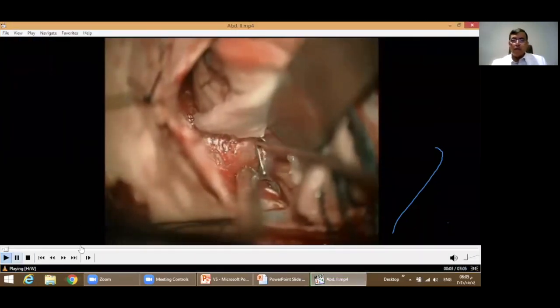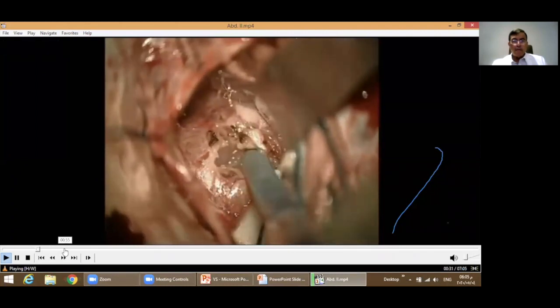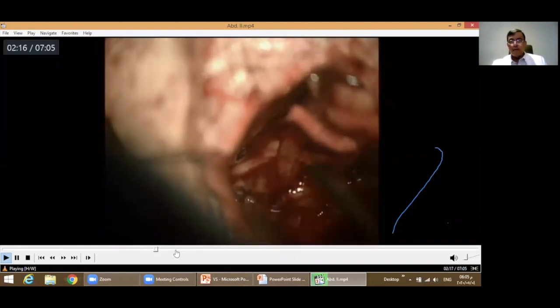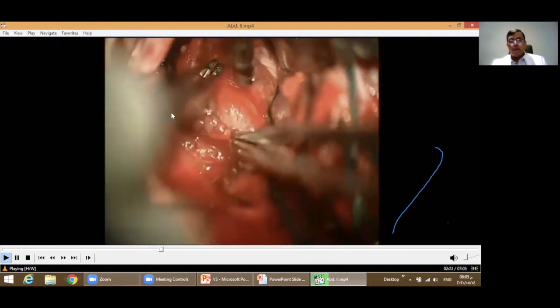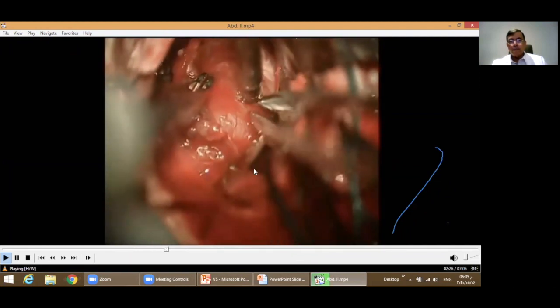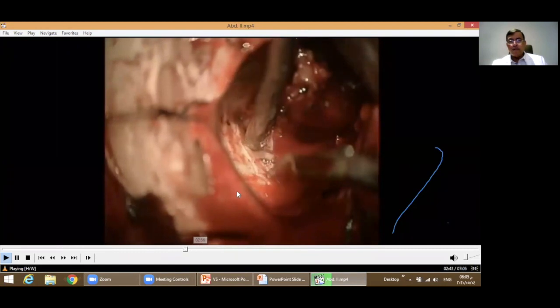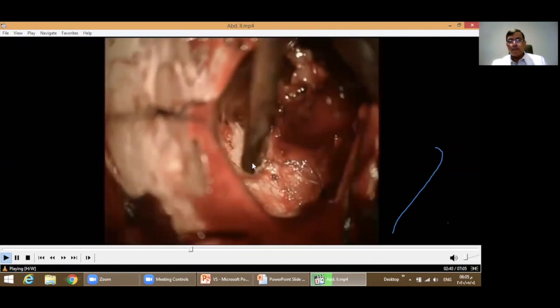Again, here the same principle, we open the cistern to drain CSF so that you will not do a lot of retraction on the cerebellum, and then debulk from inside, debulk, dissect, debulk, dissect. Here, I'm finding the facial nerve towards the meatus. Here, taking the arachnoid towards the brainstem, a good plane of cleavage. Here, I'm preparing to drill the internal meatus, so I open the superior lip and the posterior lip of the meatus,